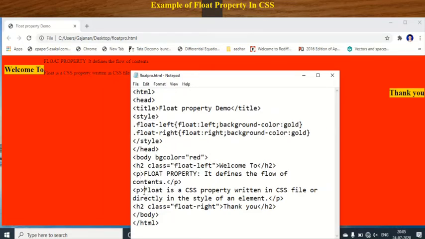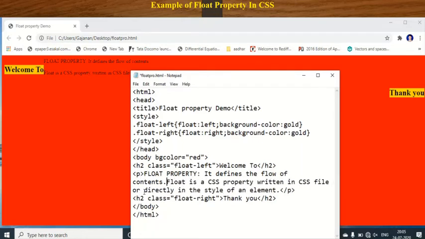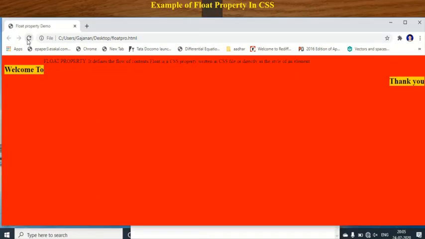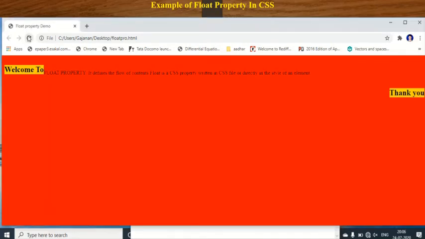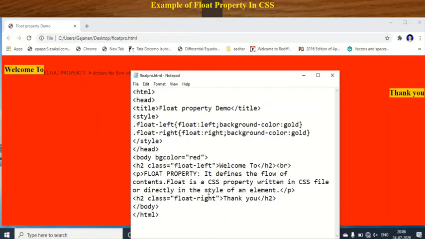Next, just observe here, save this document and execute this. We have to use here br tag. Okay, so like this.